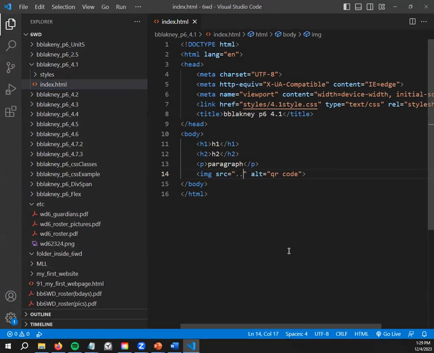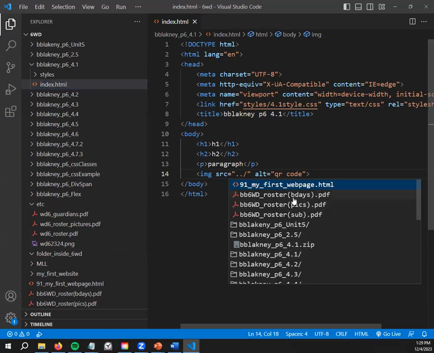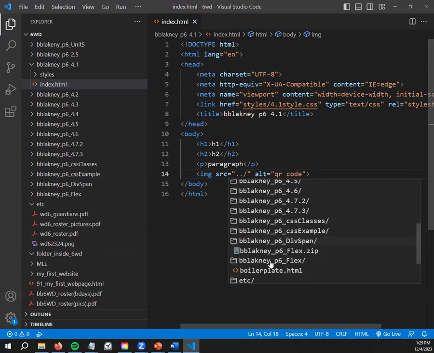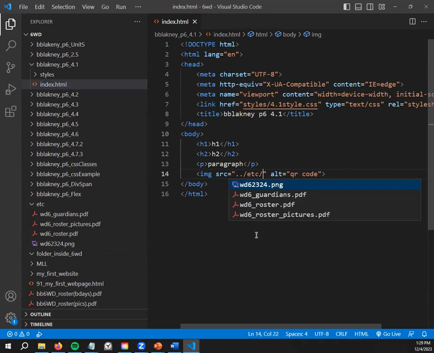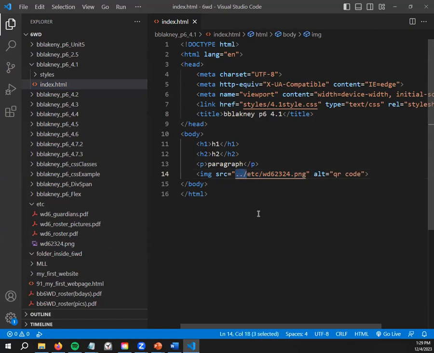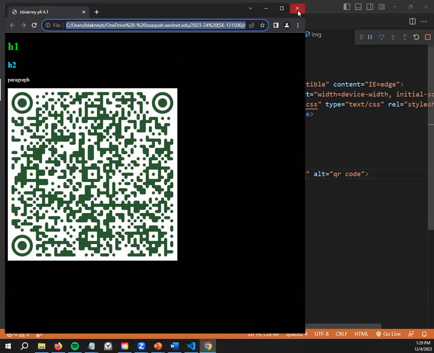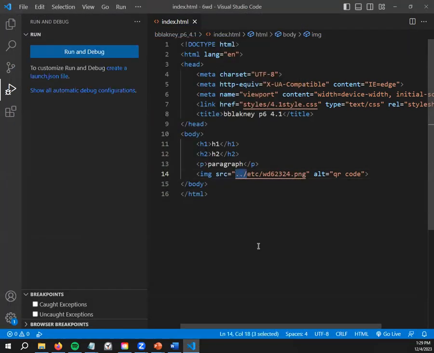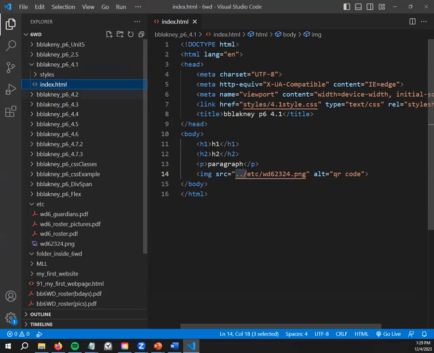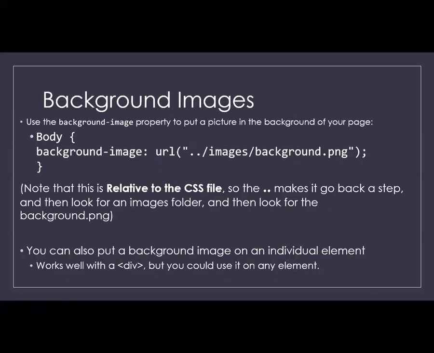So I'm going to go .. You can see all the pop-ups are going to appear here. I'm going to find etc, etc. Okay. And then the PNG that I'm looking for. And because of this .. I'm allowed to look outside of my roots and down into other folders contained inside my main space here. So now if I were to run this with the .. the QR code would appear. So .. is the way that you can get out of your root folder, which is super useful for background